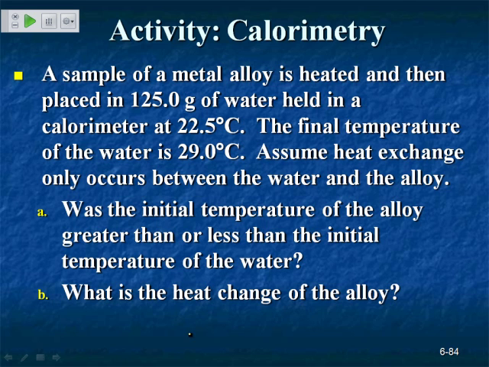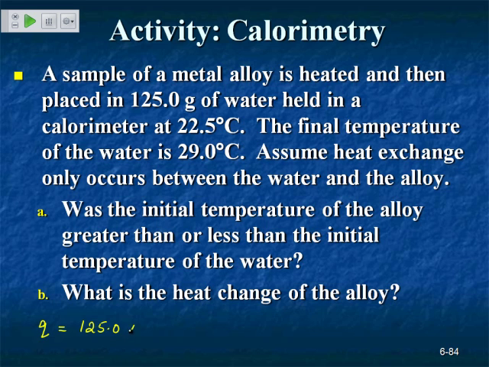And the second question is, what is the heat change of the alloy? So the same logic, since we don't have all the information for the metal, we will calculate Q of water and then change the sign. We have all information for Q of water. So Q of water would be, how do I calculate? Give me the numbers. 125 is the mass